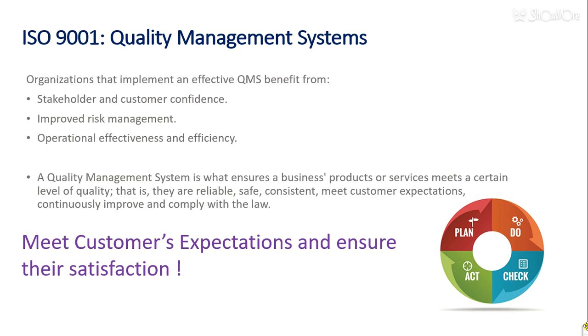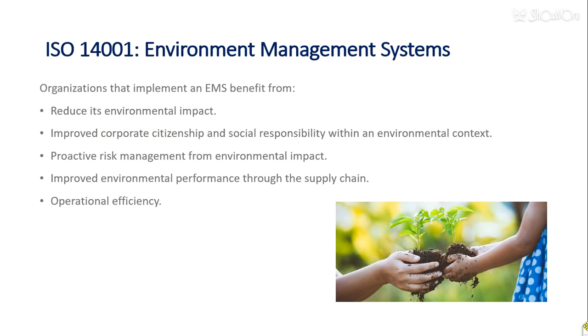The next one is ISO 14001, Environmental Management Systems, and this enables an organization of any type or size to develop and implement policies that are committed to environmental responsibility, such as prevention of pollution, climate change mitigation, minimizing your environmental impact, and resource sustainability. The ultimate goal of an environmental management system is to minimize the environmental impacts of your operations.